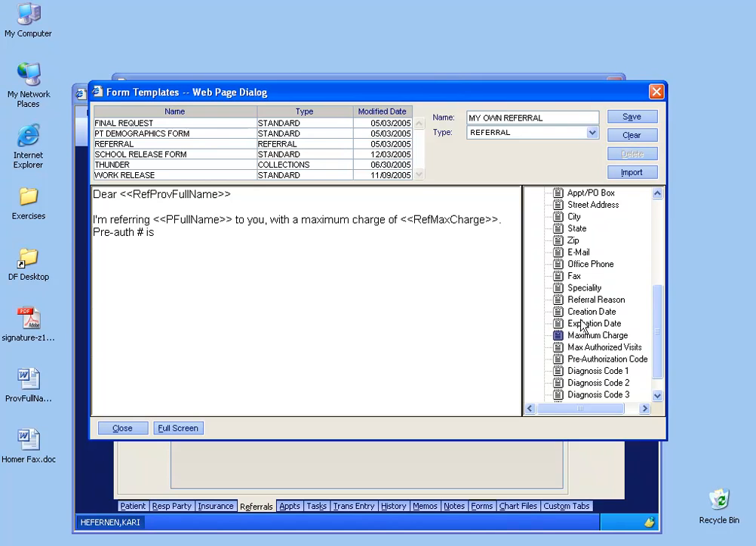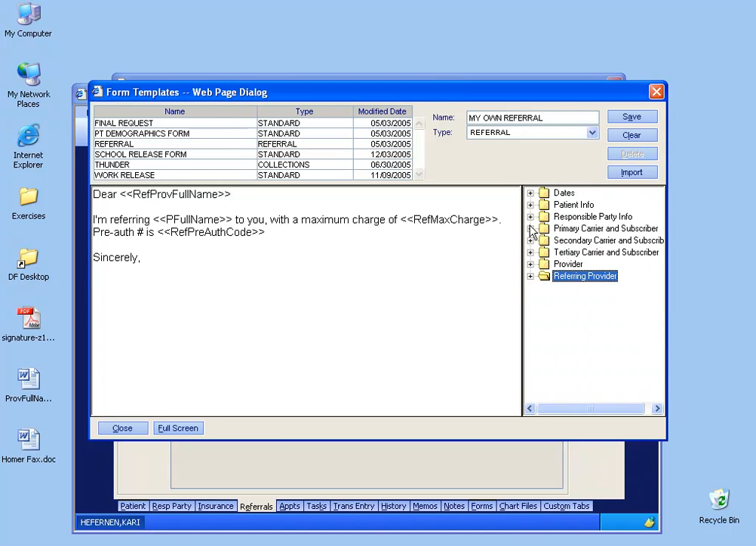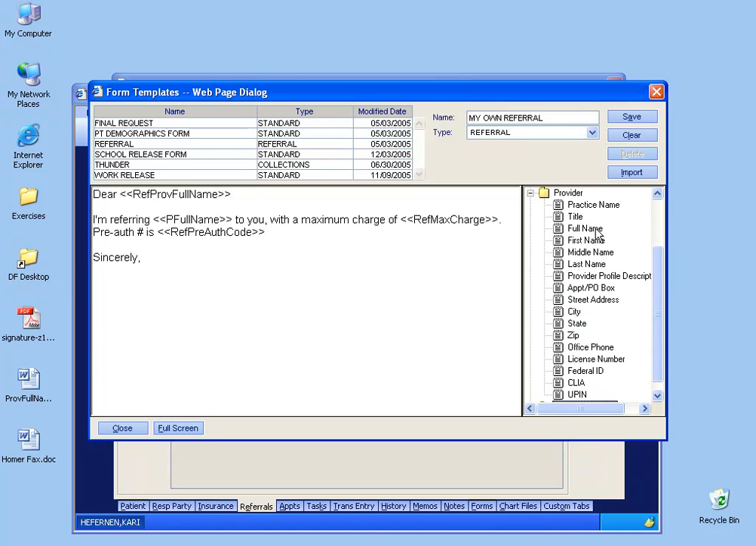And then the pre-authorization number, which is the pre-authorization code. And finally, we'll close it off. Sincerely, the doctor. So we'll expand the providers folder to the doctor's full name. So long story short, what's going to happen is that when we save this template and we go on to